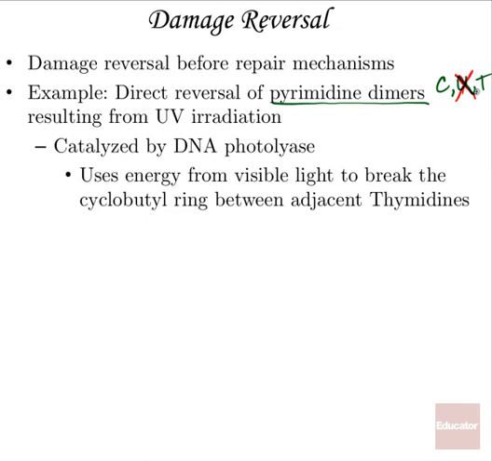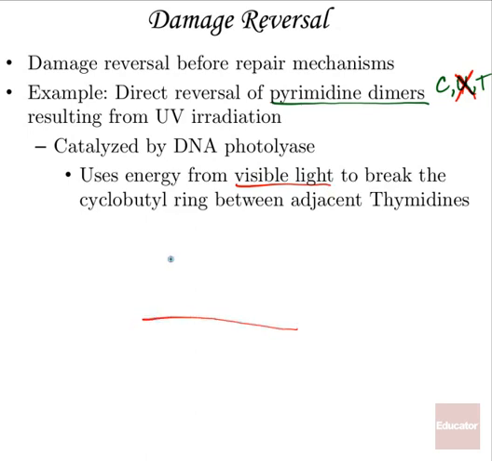Okay, and our pyrimidine dimers, often as we talked about before, are caused by UVA light, the thymidine dimers. Okay, so direct reversal is catalyzed by, in this specific case, DNA photolyase. That's an enzyme that will use energy from visible light to break the cyclobutyl ring formed between thymidines. And if you break that